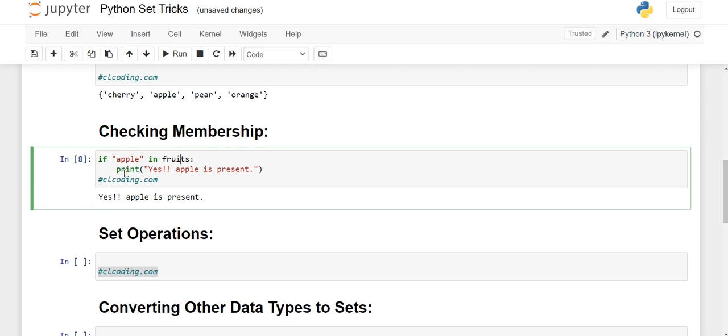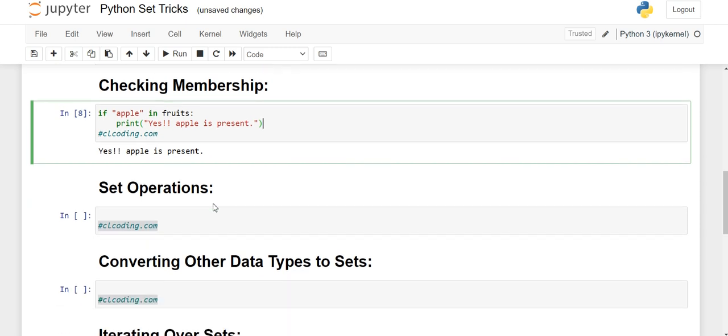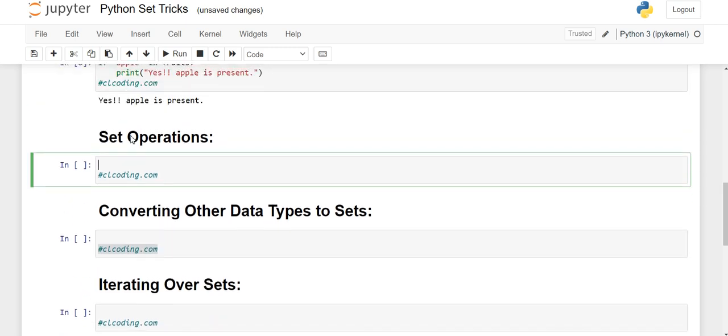So that's why this print function is getting executed and it is printing yes, apple is present. Now there are some set operations present in our set. So those operations are